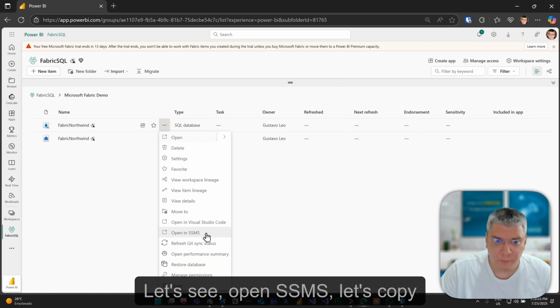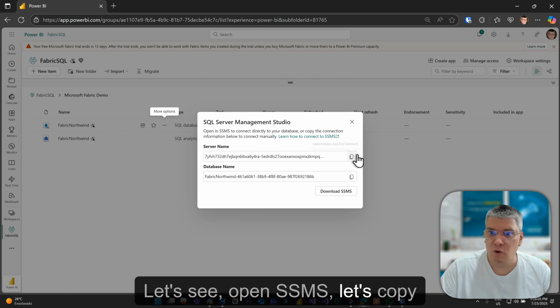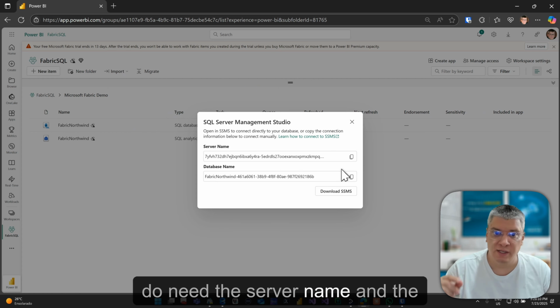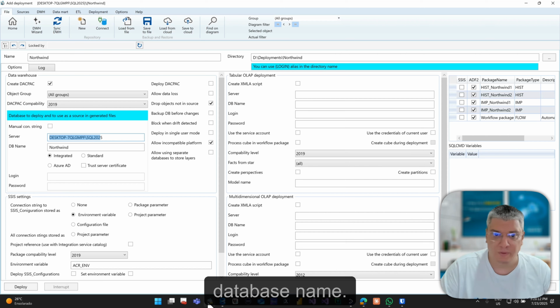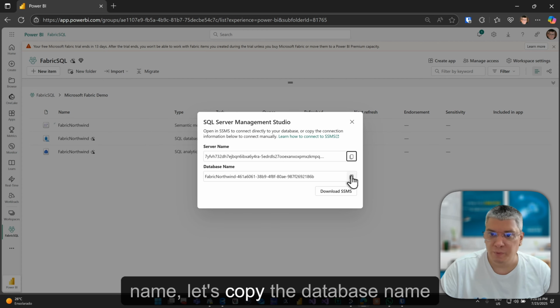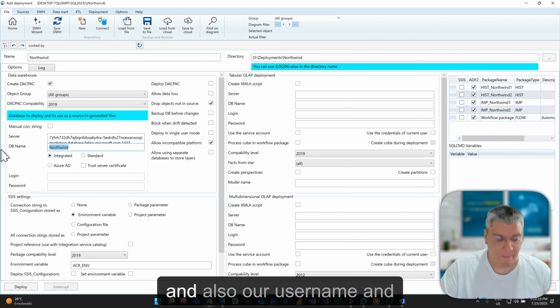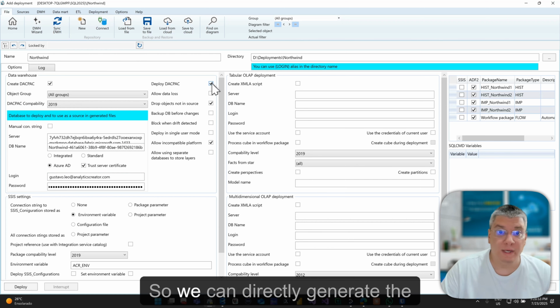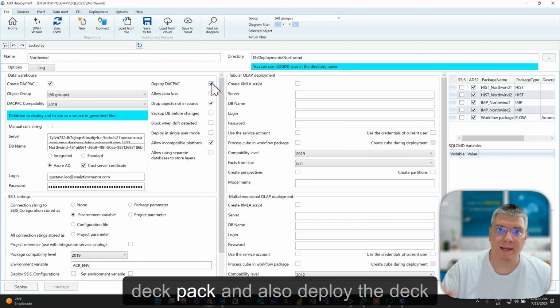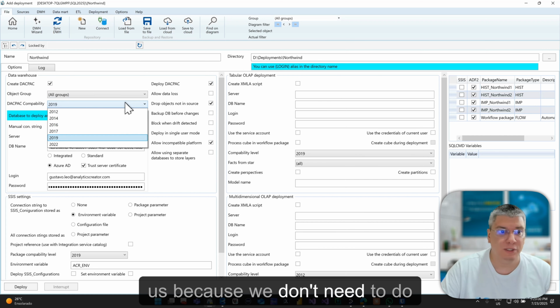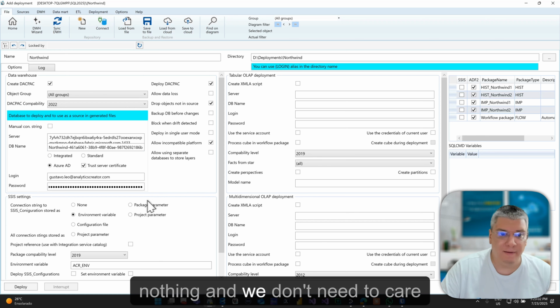Let's open SSMS. Let's copy the server name. In this case, we do need the server name and the database name. Let's go there to the server name. Let's copy the database name and also our username and password. So we can directly generate the DACPAC and also deploy the DACPAC. That will be very nice for us because we don't need to do anything and we don't need to care